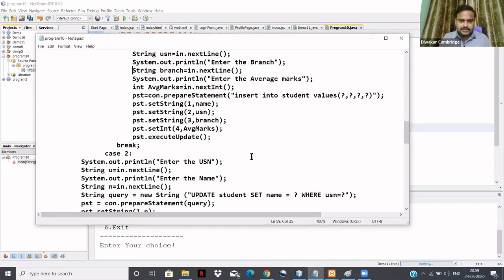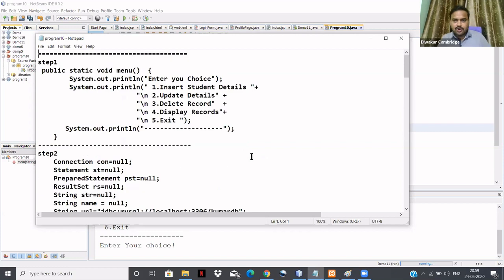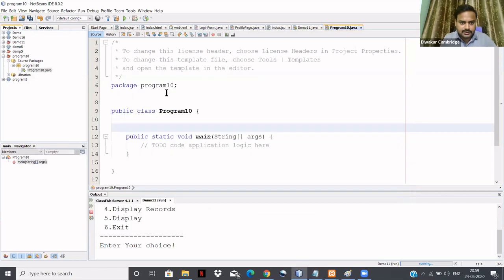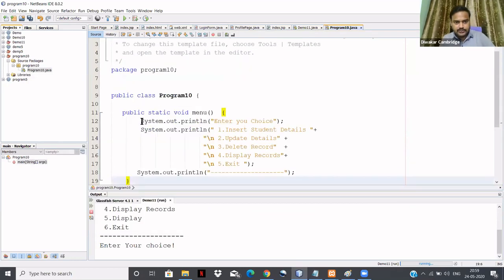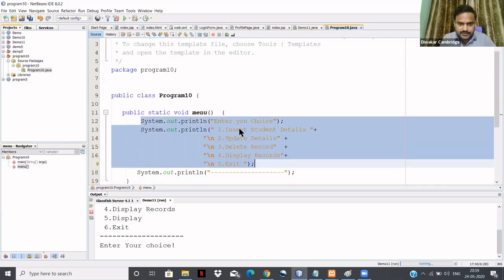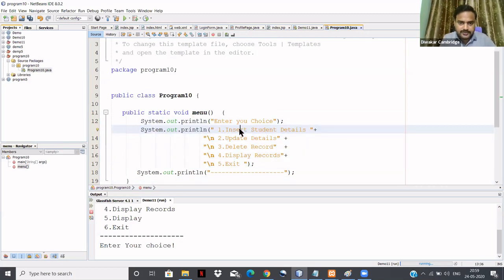In order to reduce the time, I'll just copy and paste the code. First I'll create one menu here. What is this menu? This is a function where you're able to perform insert, update, delete, display, and exit.